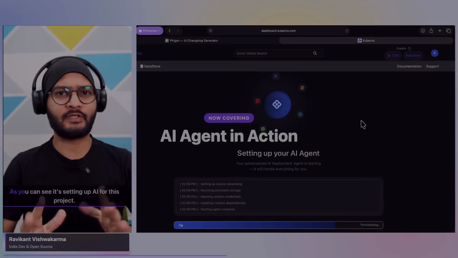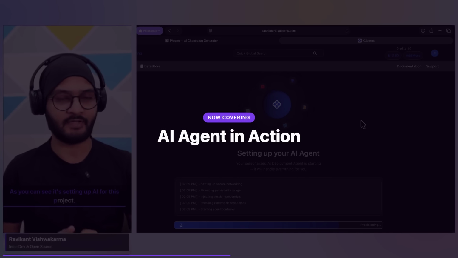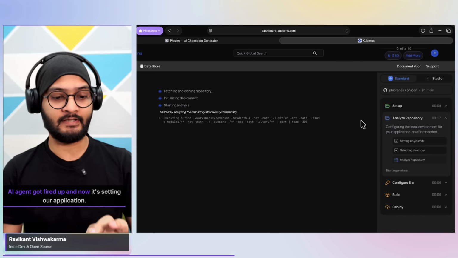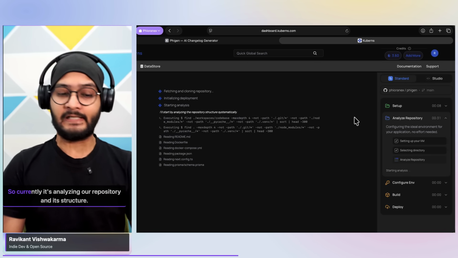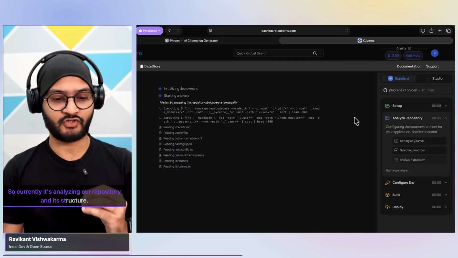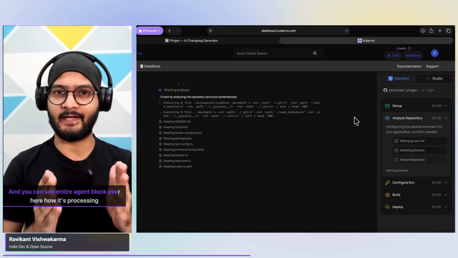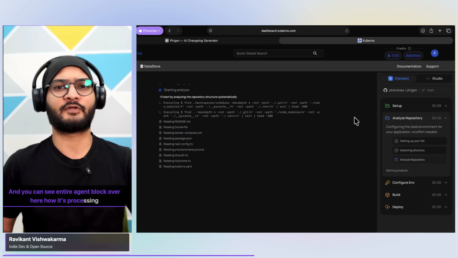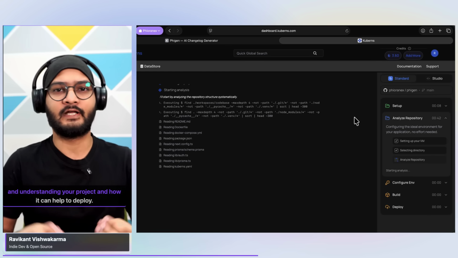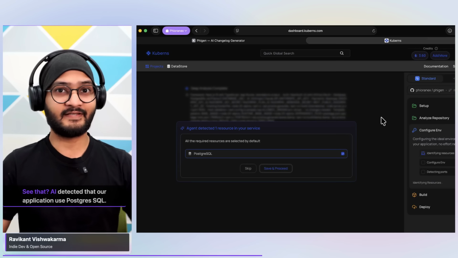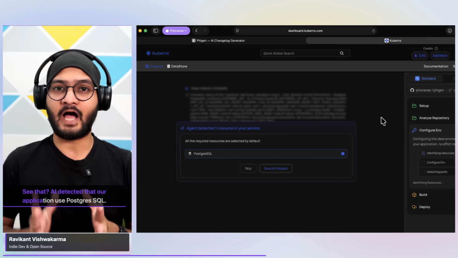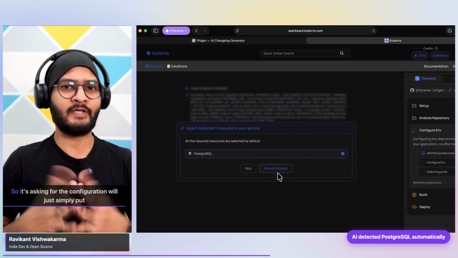And it started. As you can see, it's setting up AI agents for this project. The AI agent got fired up and now it's setting up our application. Currently it's analyzing our repository and its structure. And you can see the entire AI agent log over here, how it's processing and understanding your project and how it can help to deploy. See that, the AI agent detected that our application uses Postgres SQL, so it's asking for the